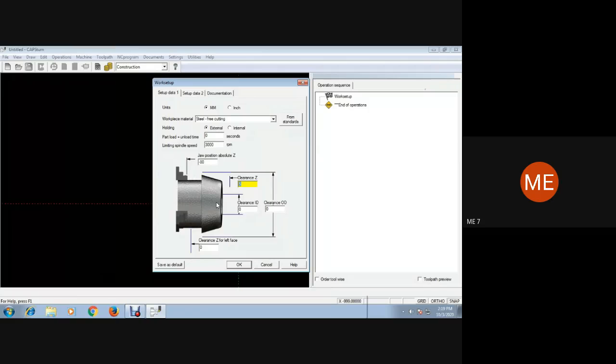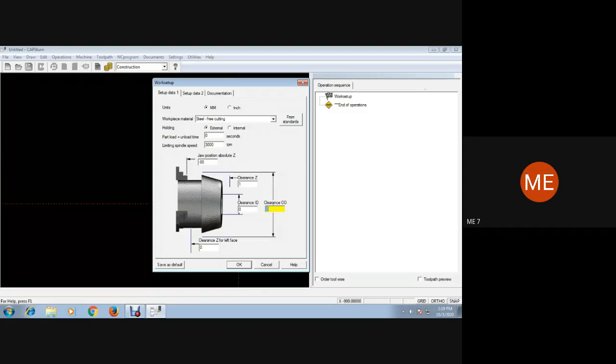This should be 5 mm clearance from the z axis, right? Yeah, for 5 mm we are going to have it onto the positive side of the z-axis. So we'll give only 1 mm. We'll do facing for 1 mm. After facing, the right hand side of the workpiece is now at 0, 0. So before that, the raw material will be 1 mm onto the positive direction of the z-axis. Okay.